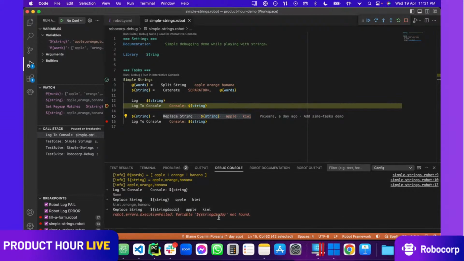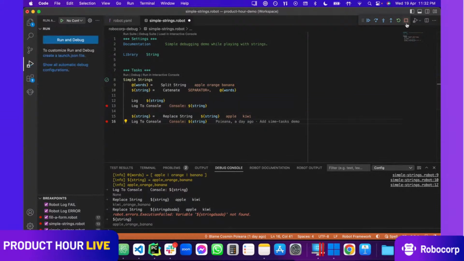So like this, you can test out, right in the middle of the execution, things that you want to implement further in your bot. You test them, you play with them, you see the behavior. Once you like it and you accept it and you feel that it's doing what it should be doing, you can just copy and paste the thing that's working from here back in the robot code. Then you'll be very sure that that thing is working as expected. At the same time, you can inspect variables, because you've got this string that's also working, and you can import libraries, maybe, lots of things with this debugger console.